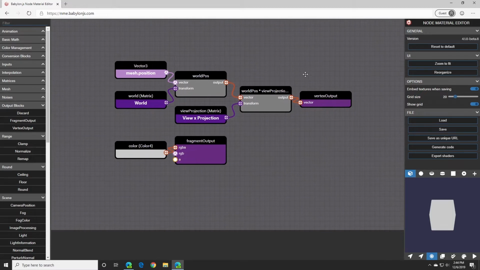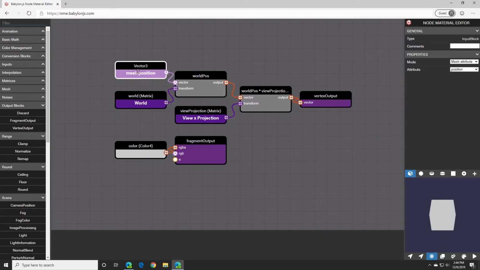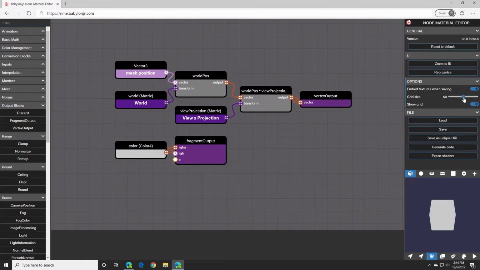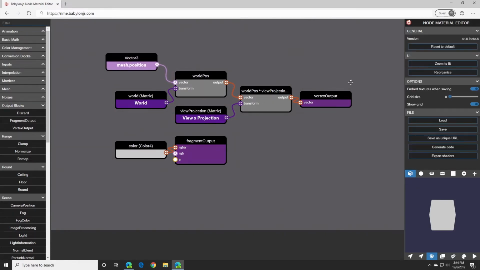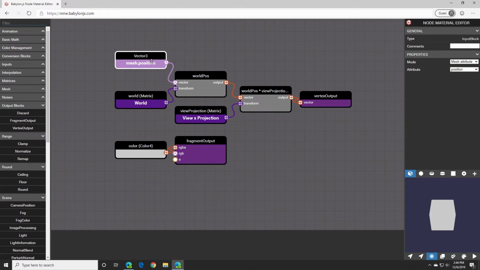It's the grid. Now you have an option here to say my grid can be of any specific size like that, or you can also just turn off the grid by just setting the size to 0. So then the blocks will just move like that without any constraint, and you can at any point in time just turn the grid back. Let's say I want 40 here, and when you're going to move, it's going to stick.